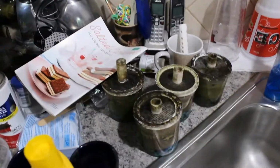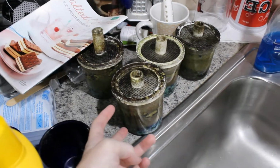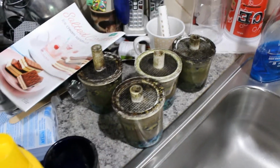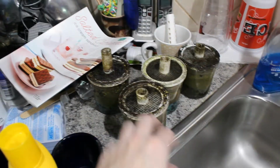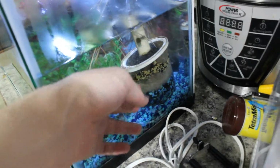I also got to rebuild the sponge filters, or not rebuild them, but basically replace the filter and the carbon and the sponge filters from the 20 long. That way, they get fresh new filters. And I'm going to keep the filters out in here as is, because they're pretty much still clean and good